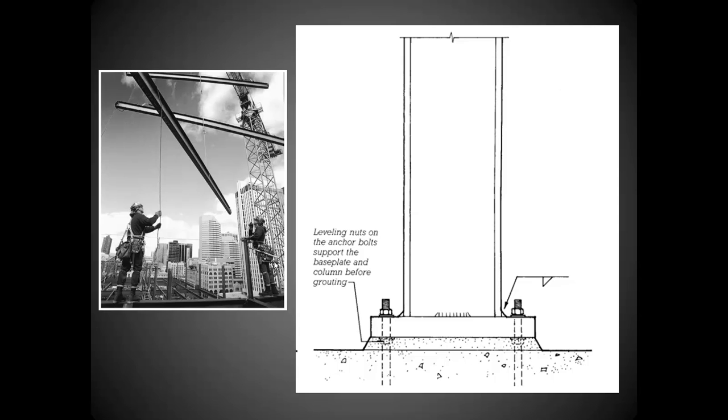In order to make things accurate, a lot of times at the base of the column we have leveling nuts, so that we're not going to be exact on the concrete. The concrete may be out half, quarter inch. We want to make sure that it's level at the top, so we do our leveling at the bottom to make sure everything is exactly where it should be. After these are leveled up, we have these threaded rods that come out of the concrete base or column, and there may be a gap in the bottom, and at that point you'd fill this with grout after the construction is in place to make sure that the